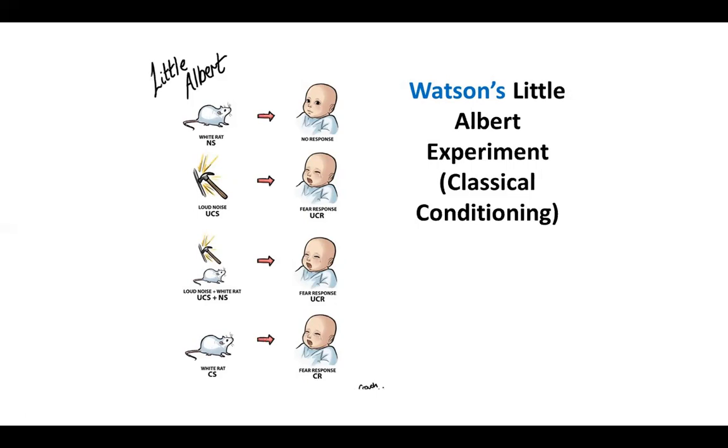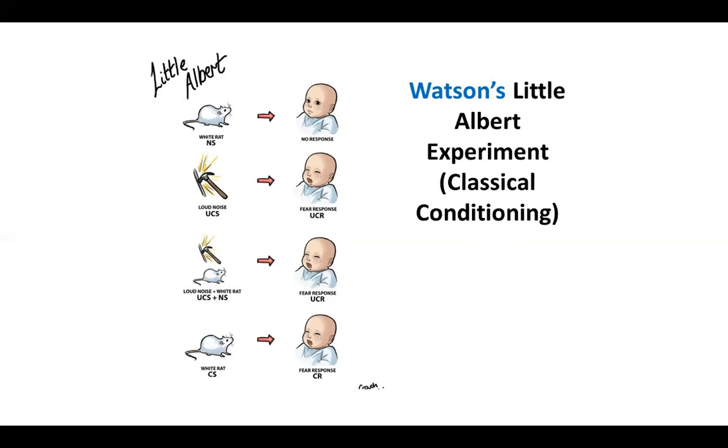All right, then Watson took a hammer and banged it against some steel bars and made a very loud, unpleasant noise. What was Little Albert's response? He was afraid and startled by this loud noise, and so he would cry. He had a fear response. This represents the conditioning phase now. So now Watson would present the cute rat to Little Albert, and then at the same time make the loud, scary noise, and of course Little Albert would cry.